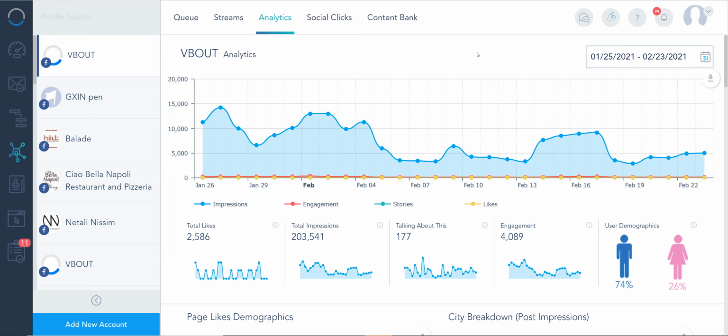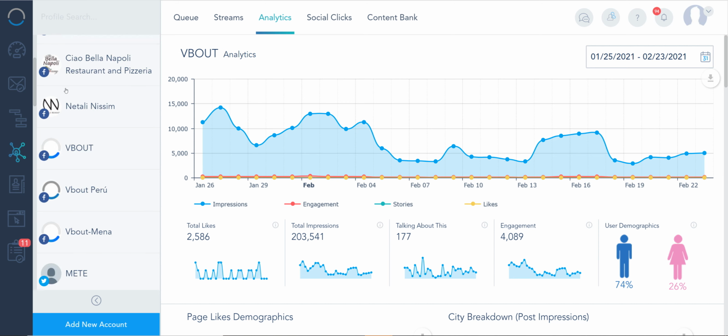VBOUT lets you generate social media and paid ad reports directly from your dashboard. You can access those reports from the left panel under your social media, and from the top, click Analytics. You will see all your connected profiles from the left, and by simply toggling between those profiles, you'll be able